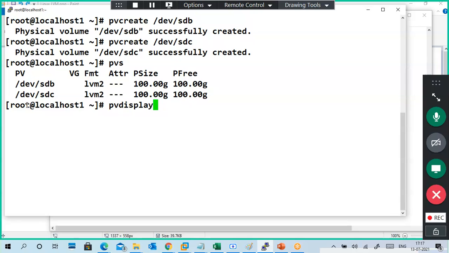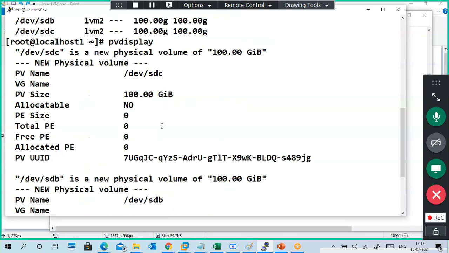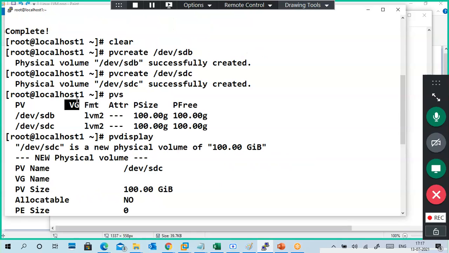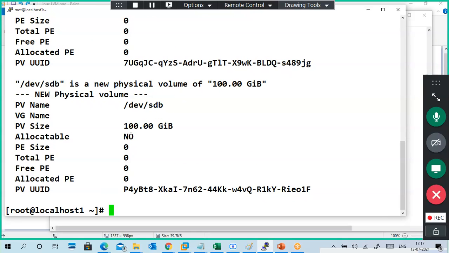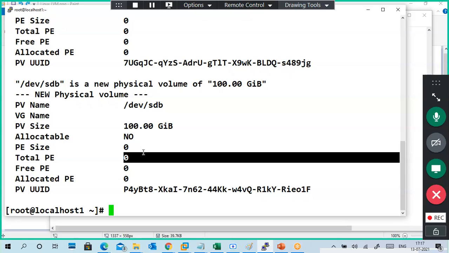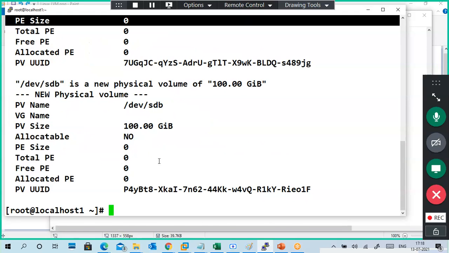Next is pvdisplay. It is a new physical volume of 100 GB. No VG is assigned here; it also shows the VG name. And complete details like UUIDs, free space. And another disk, so you can see 2 disks.